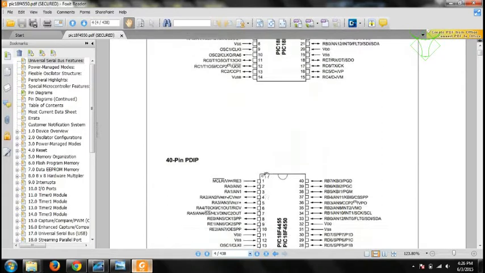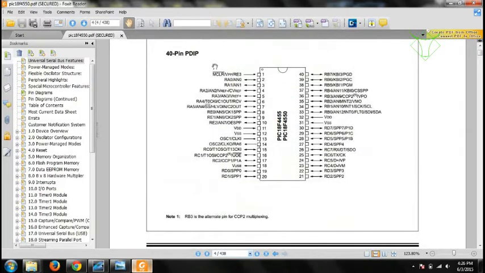If I scroll down, you will see this is a 40 pin PDIP, DIP package, and here I can use this MCLR also as RE3. The 5 pins which we can't use in our project are VDD, VSS, USB, and one more set of VDD, VSS. But when we construct our board, we'll connect a switch to MCLR also, so you can't use that MCLR pin as RE3.